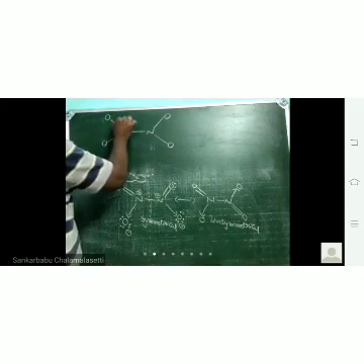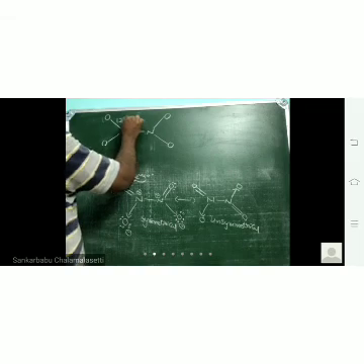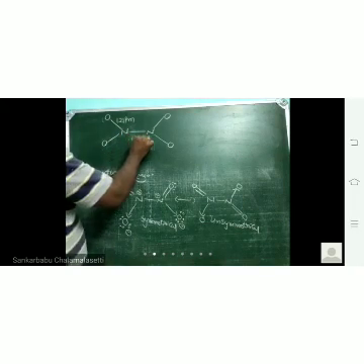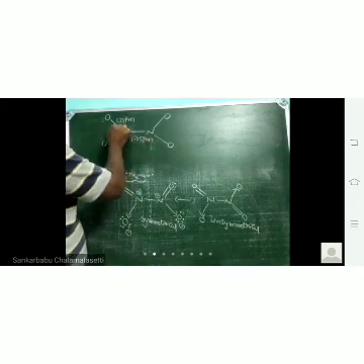So the bond length here is 121 picometers. All the 4 NO bonds are identical and the bond length is 121 picometers. And the NN bond length is 175 picometers. And this ONO bond angle, this ONO bond angle, both these are equal and the bond angle is 136 degrees.